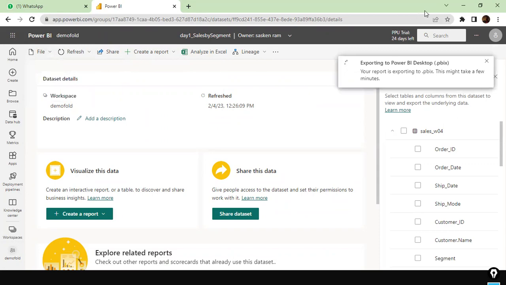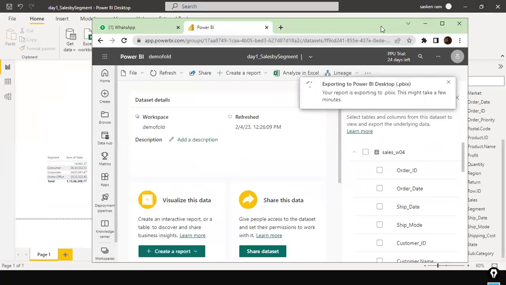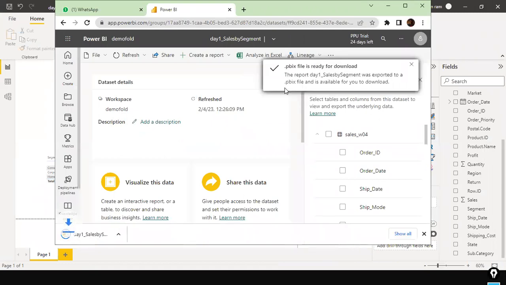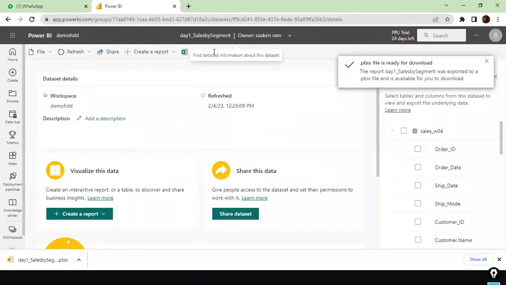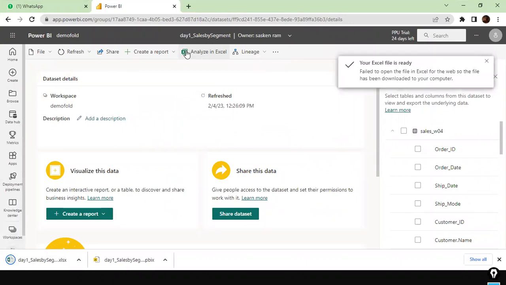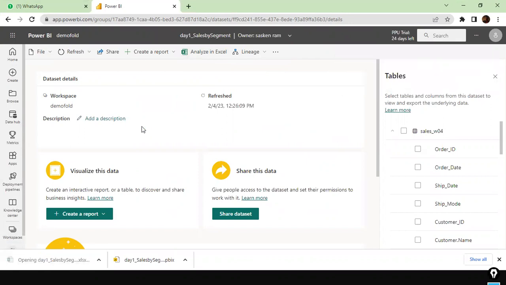If you download this file, export into Power BI Desktop. Again, this one will be a Power BI Desktop file only. You cannot export it, but Analyze in Excel is there. You can click on the Excel. Your file is ready. Look here. If you click on the Excel file,